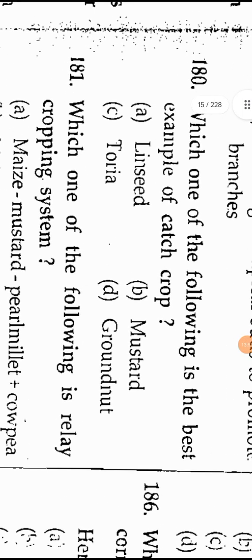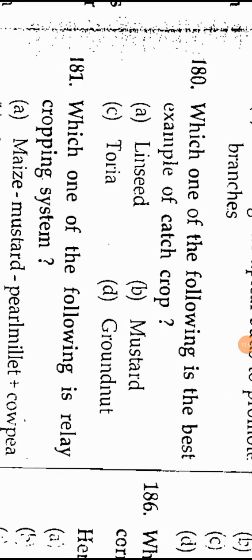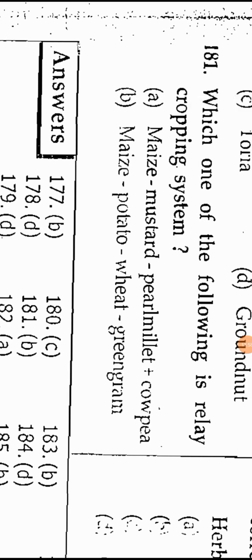Question number 179. Which of the following operations is associated with the process of nipping in gram? It's plucking the apical buds to promote branches. Which of the following is the best example of a catch crop? It's toria. Which of the following is a relay cropping system? It's maize, potato, wheat, and then green gram. Okay. The temporal complementary intercropping